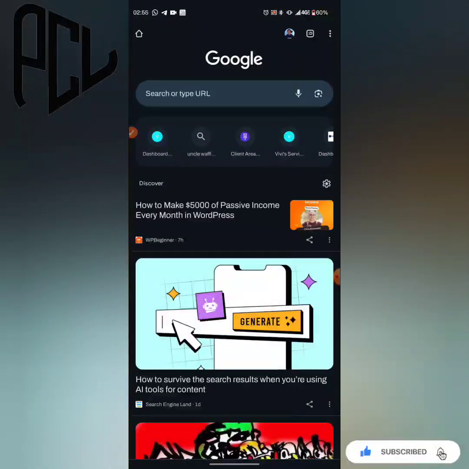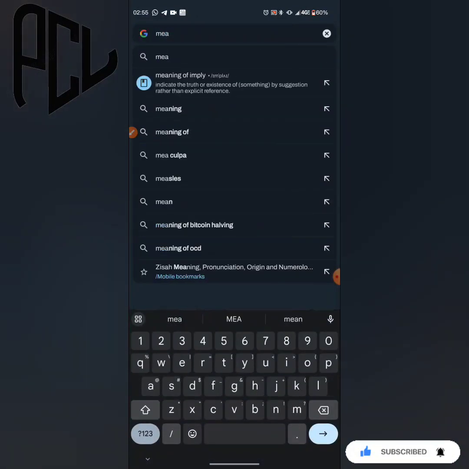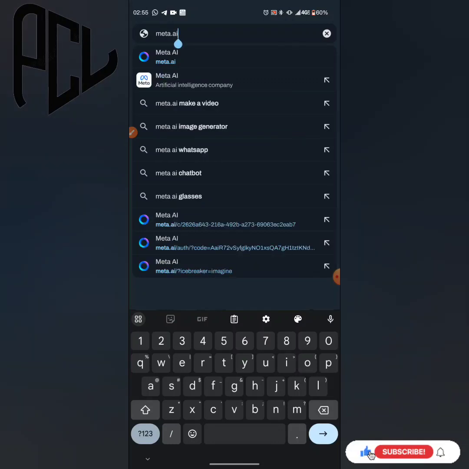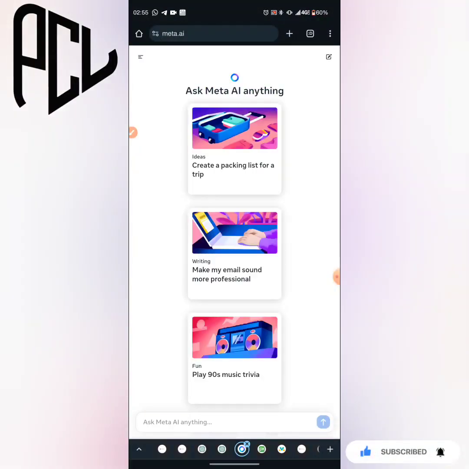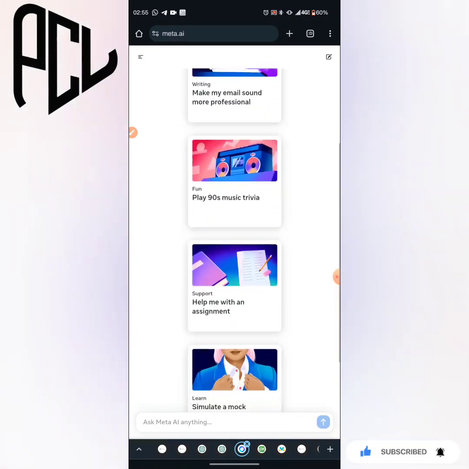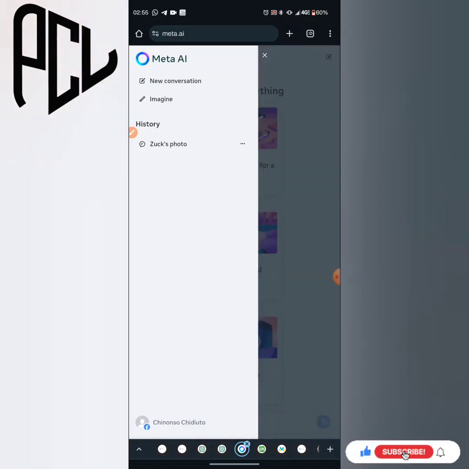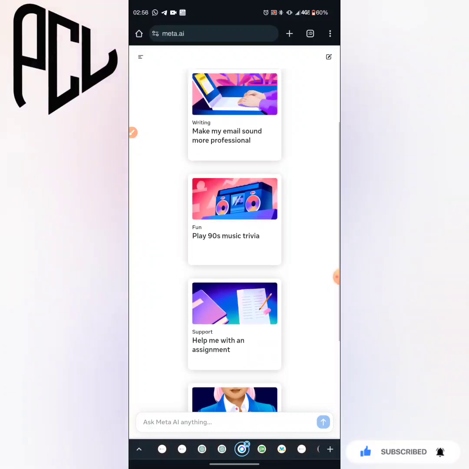So go to your browser, this is Chrome, and search for meta.ai. This is the website's link, meta.ai. So guys, this is the AI website, and you have to log in, which I've already done. So this is the AI, and like I say, this is an alternative to ChatGPT 4,